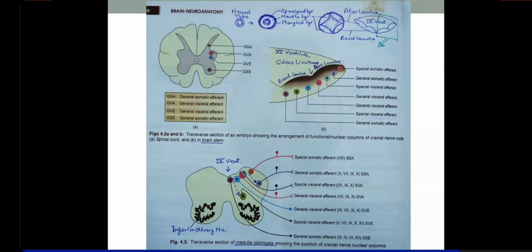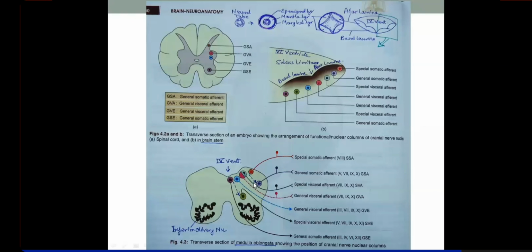from this tonsil, right? Tonsil is in the oral cavity, palate, soft palate and all. So you have general sensations received here. And the last of all, the most laterally lying is the special functional column, which will not be seen in the spinal cord. And this lateral most functional column is special somatic afferent.